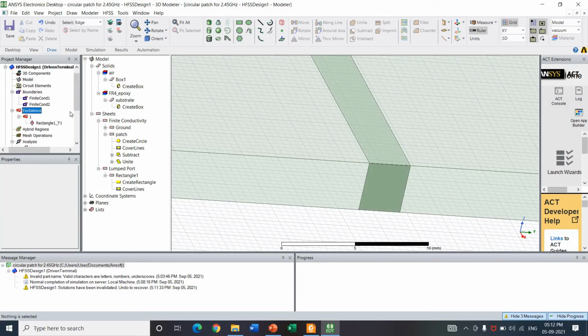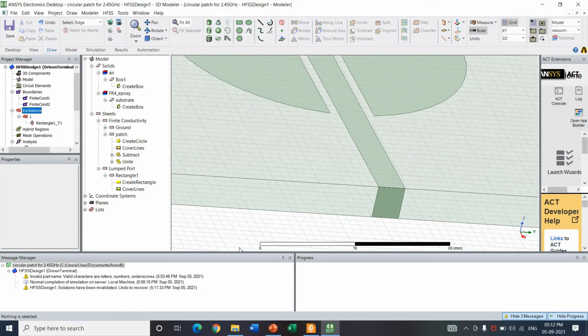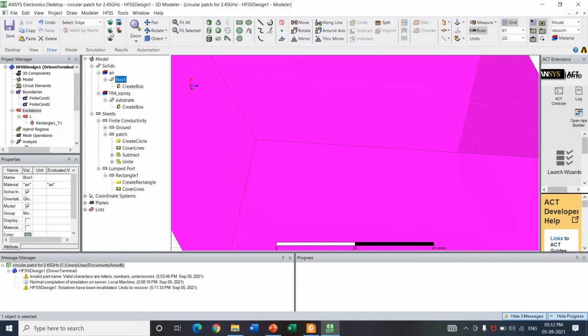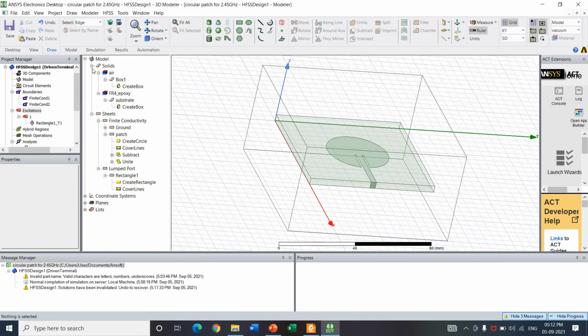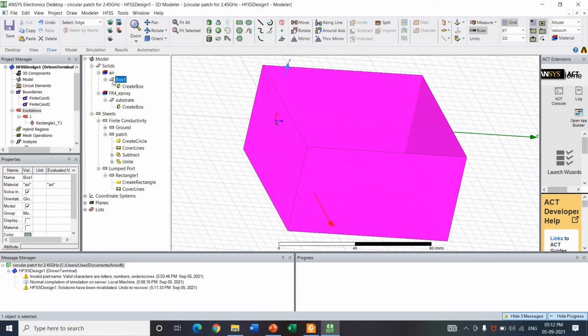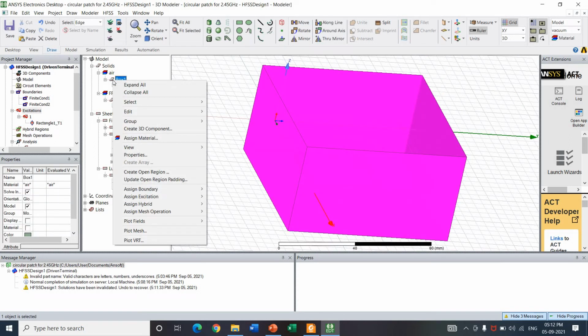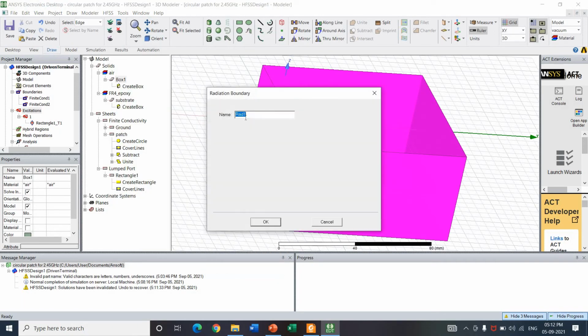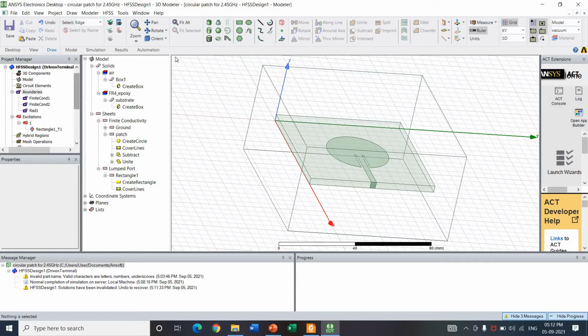Okay, I think we have left one condition, that is, I have not defined the air box. Air box is a radiation box. So I am clicking the air box, then boundary, I have to select this as the radiation boundary, rad1, and OK. So now we will try it, save